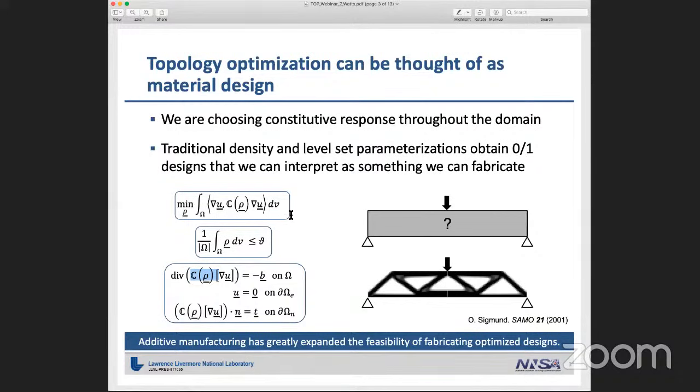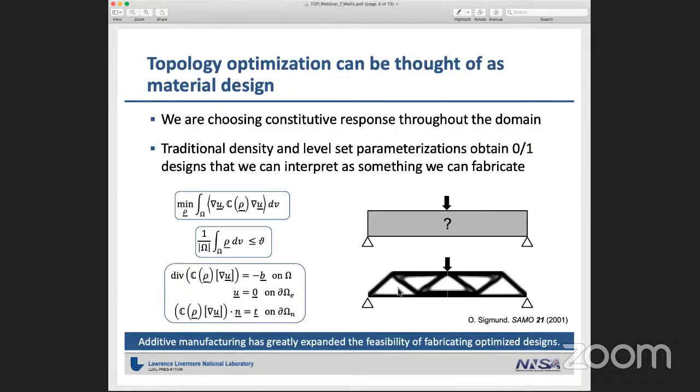And the traditional approach is to choose some sort of nonlinear parameterization that's used for the physics, SIMP being the classic example, where we have a nonlinear interpolation between some void properties and some solid properties for the elastic response. And then we have a linear interpolation when we evaluate the resource constraint so that mixtures are inefficient. And as a result, you get 0-1 types of designs. And this is the result from Sigmund's paper back in 2001, from the 99 line code. This is design of a beam in 3-point bending. I'm sure everyone's familiar with that.